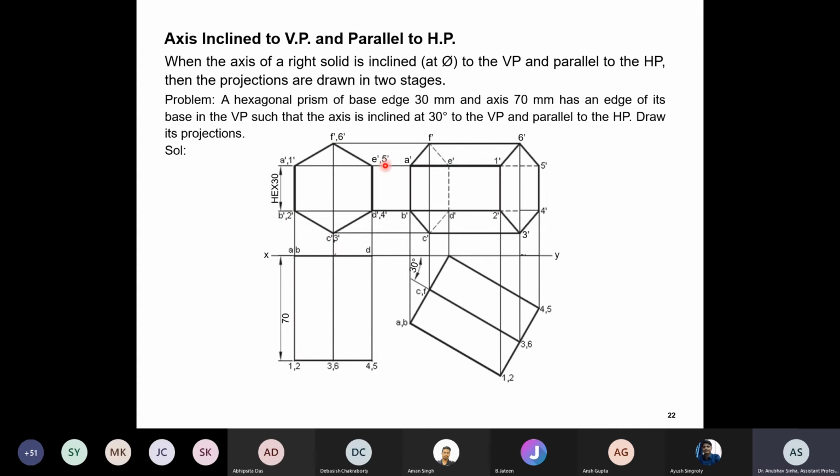So again, follow the same steps. Make this, make the front view, then make this, and then make the front view. Using that, make the top view. Take this top view and tilt it with some angle. What is given is 30 degree. Tilt it with 30 degree. Take the projectors from the left side, from this figure, and form a final image.